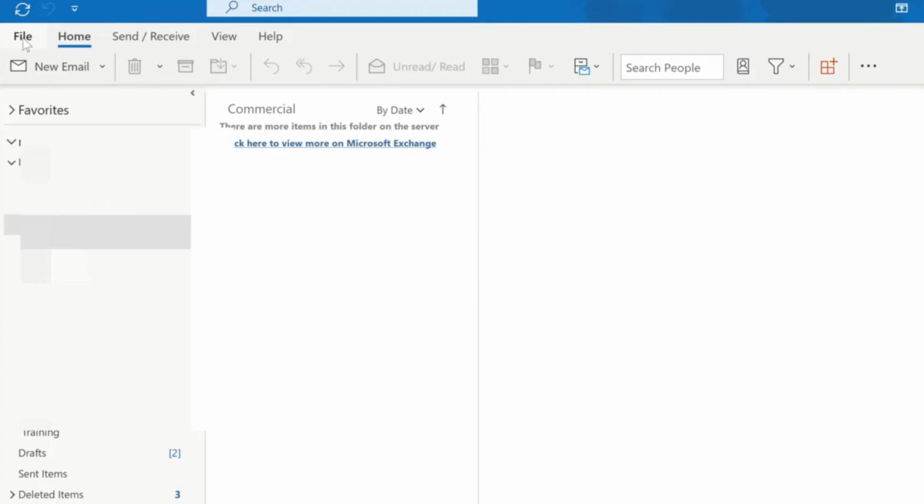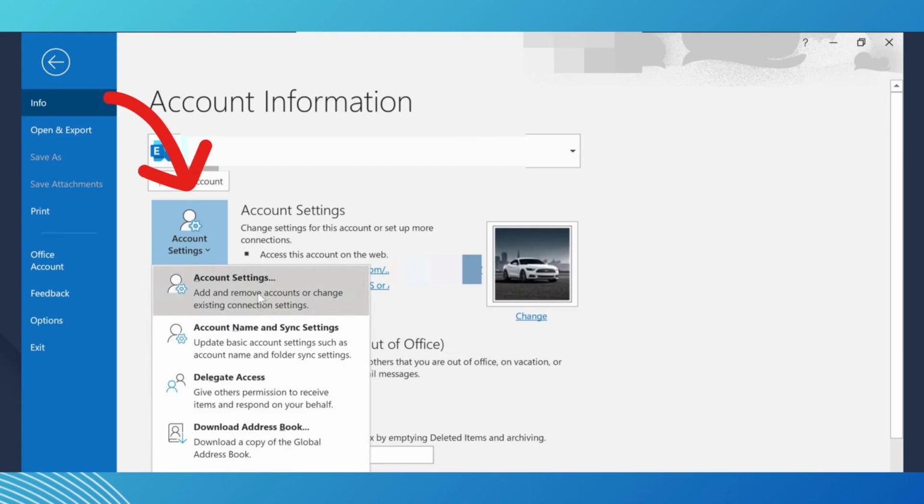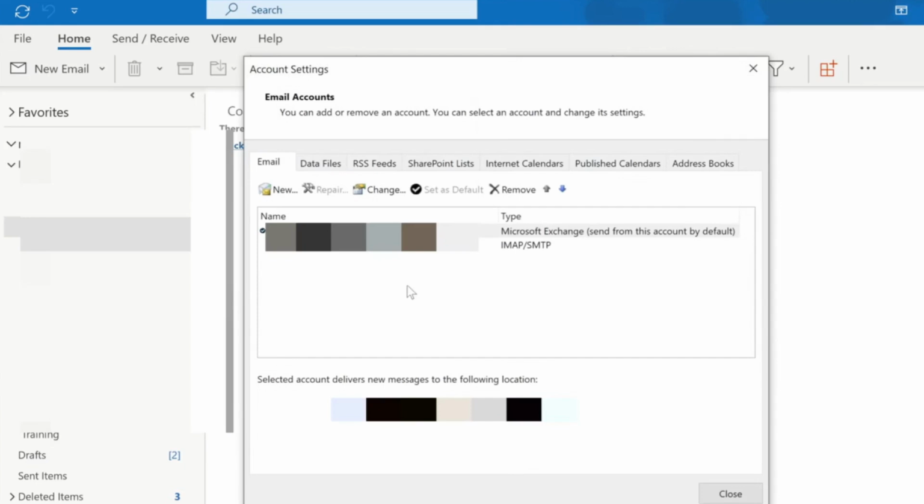Let's start with one of the most common causes of this issue: incorrect account credentials or Exchange server settings. First, open Outlook on your PC. Click on File in the top left corner, then select Account Settings and click Account Settings again from the dropdown. This will open a new settings window. Under the Email tab, select the account that's having trouble connecting. Click Remove to delete the account from Outlook. Once the account has been removed successfully, restart Outlook and add the account again using the correct email address and